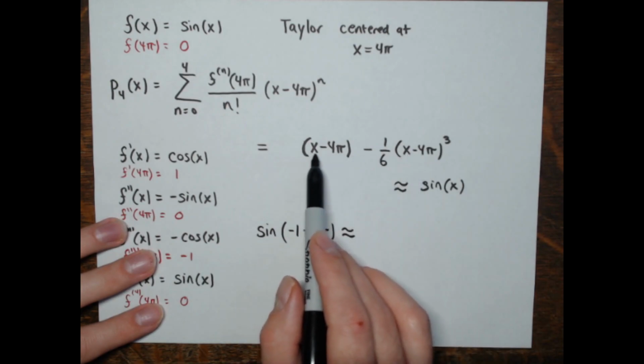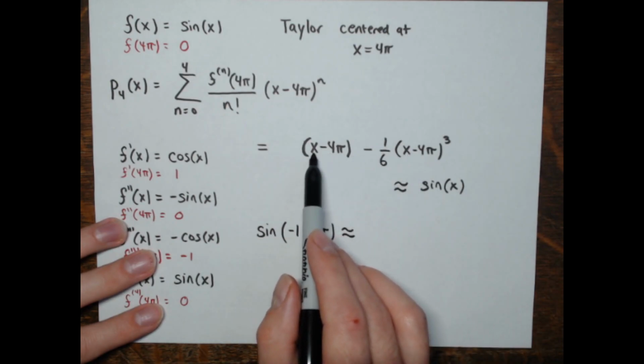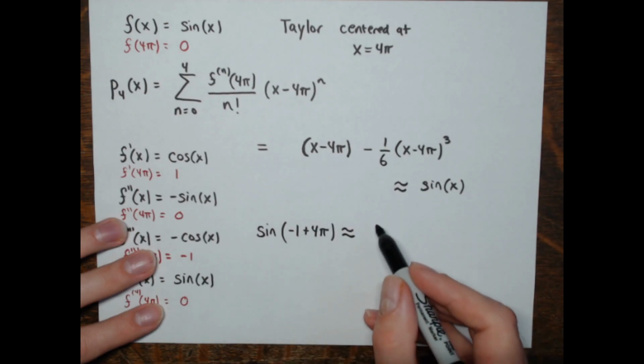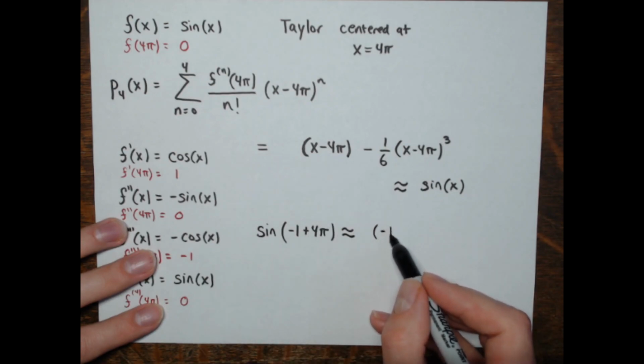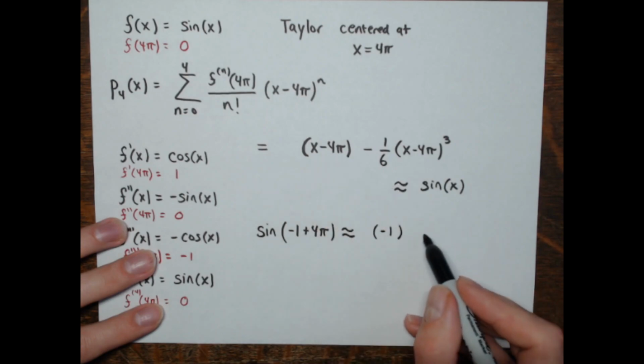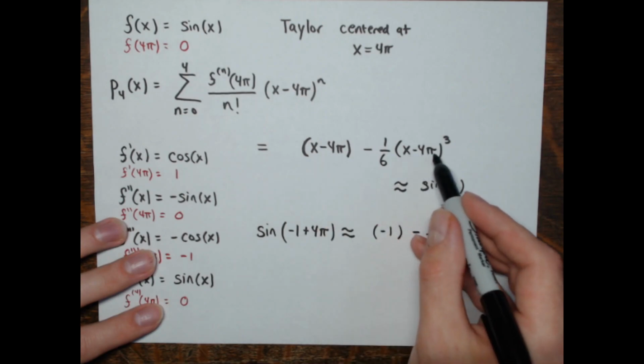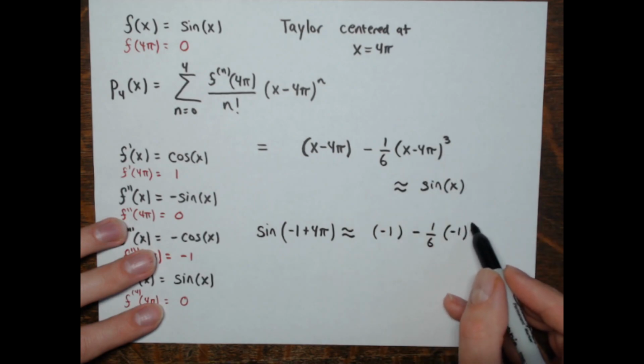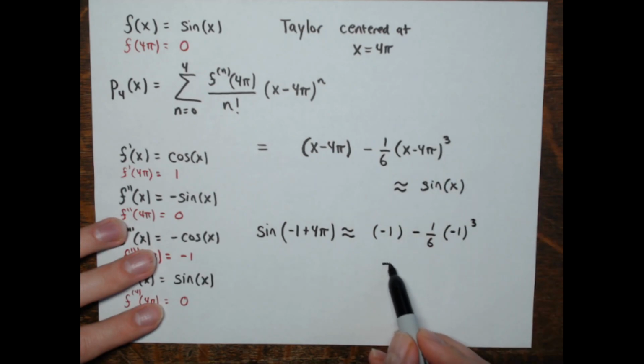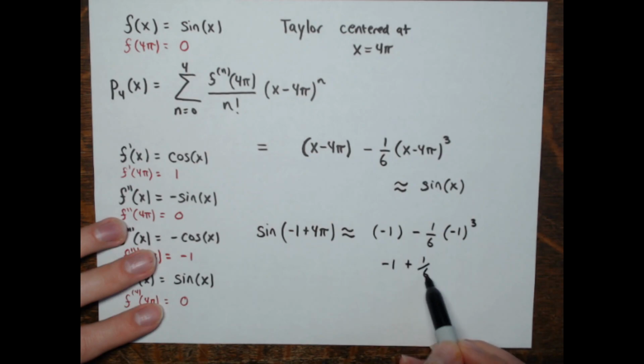Now that would make each of these -1, because plus 4 pi minus 4 pi would go away. So we have -1 for the first term, then minus 1/6, times -1 cubed. And this would be -1, plus 1/6. So that's -5/6,